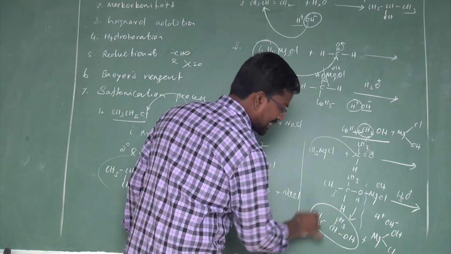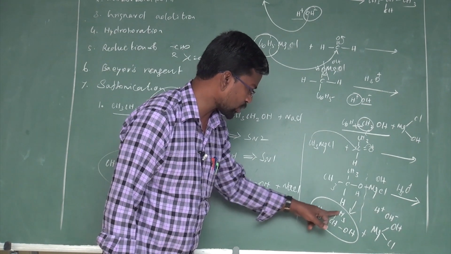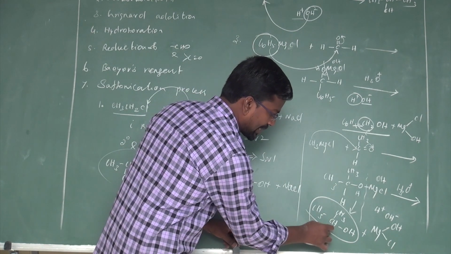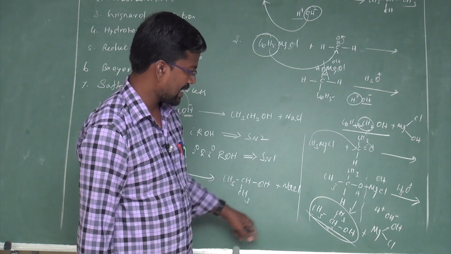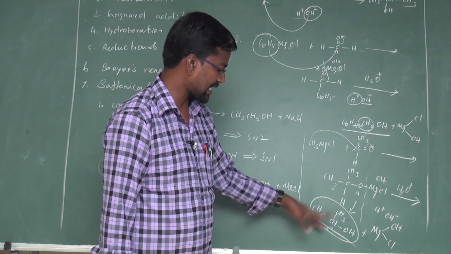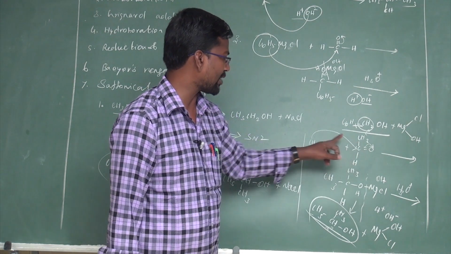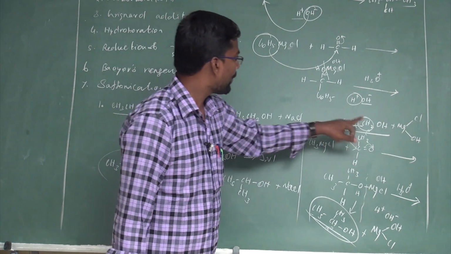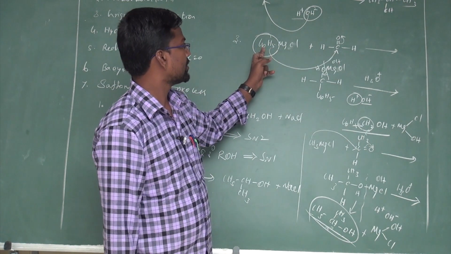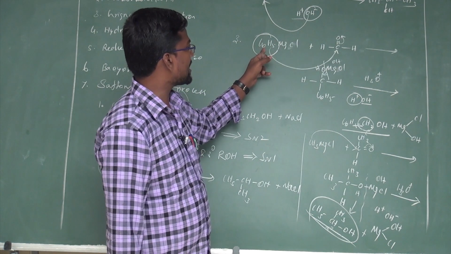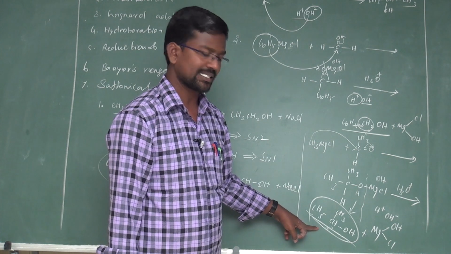It is a secondary alcohol because the functional group carbon is linked with another 2 carbons. That's why the center carbon is named secondary. The alcohol is named the secondary alcohol, isopropyl alcohol. Isopropyl alcohol is an example of secondary alcohol. So secondary alcohol can be prepared from acetaldehyde reacting with the Grignard reagent. Primary alcohol can be prepared from formaldehyde reacting with the Grignard reagent. Formaldehyde reacts with the Grignard reagent to give the primary alcohol. Acetaldehyde reacts with the Grignard reagent to give the secondary alcohol.